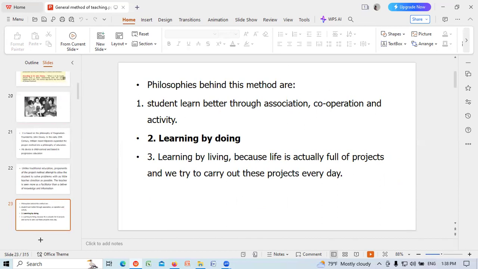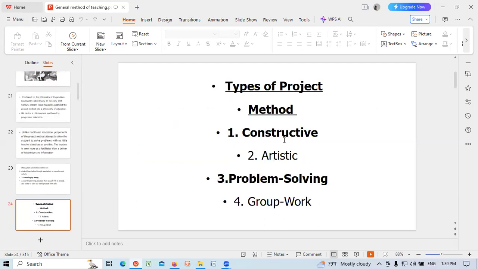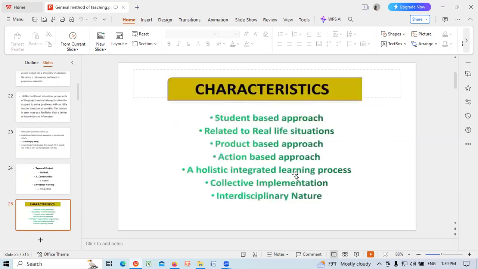The philosophy behind this method is that students learn better through association, cooperation, and activity. Learning by doing, learning by living, because life is actually full of projects, and we try to carry out these projects every day. Types of project method: constructive, artistic, problem-solving, and group work. Some characteristics: student-based approach related to real-life situations, product-based approach, action-based approach, a holistic integrated learning process, collective implementation,